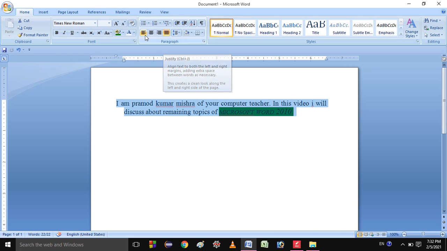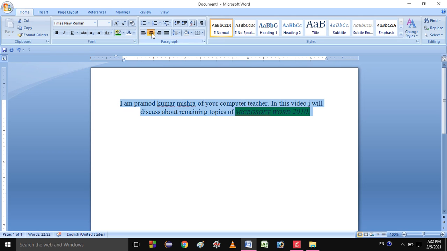If I do this, you just see the placement of the text very carefully. If I click on this, you can see our text moved to the left. If I do middle, you can see our complete text is moved to the middle. If I click on this one, you can see our text is equally divided from the right side.